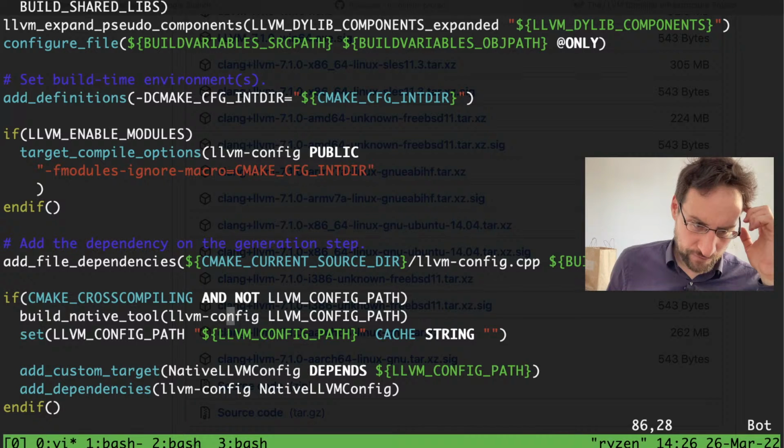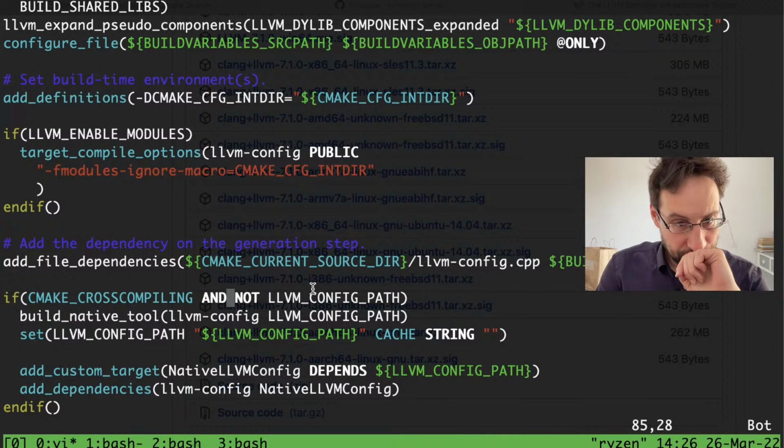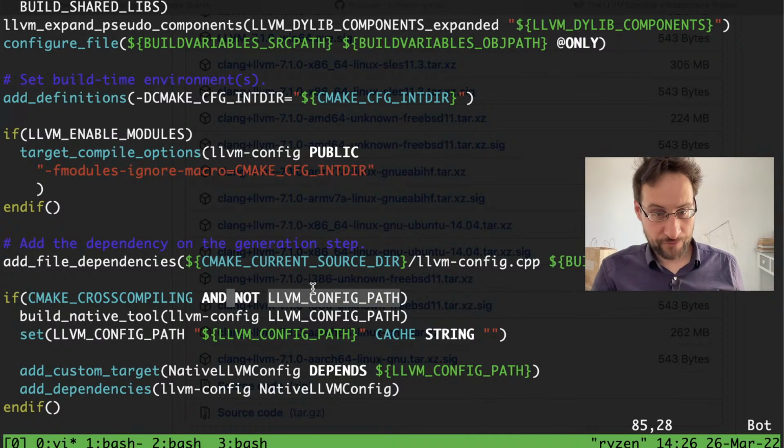If LLVM config path. Would that be the native LLVM config?